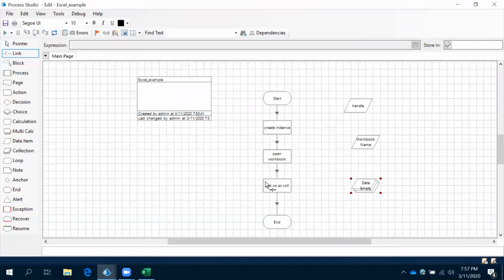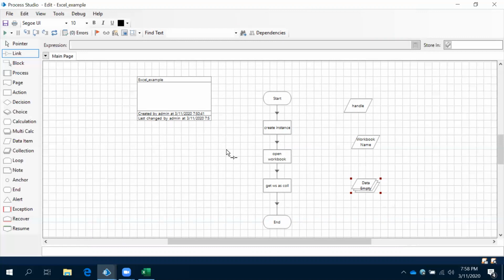One more thing, always remember that when we use create instance, you need to close the instance. Otherwise, the Excel file will keep running in the backend in your taskbar and will not close.